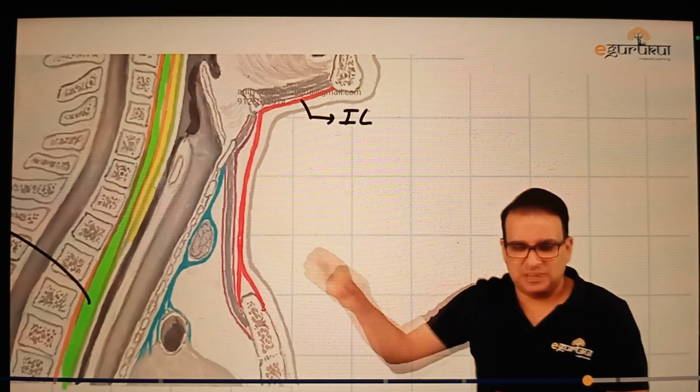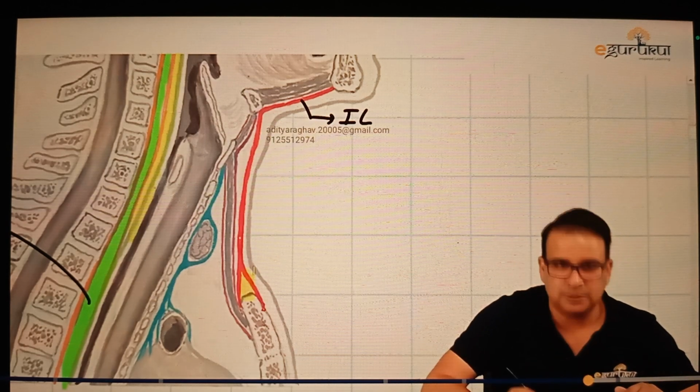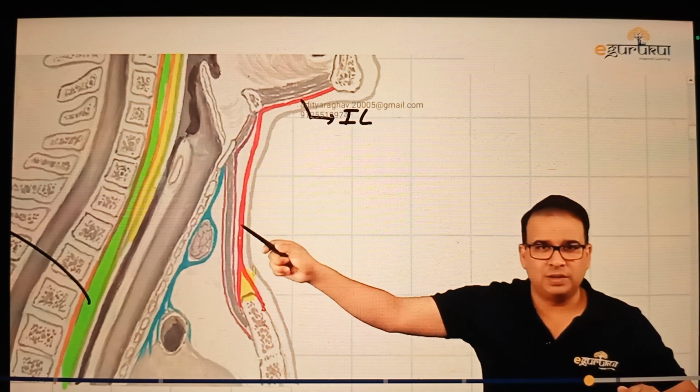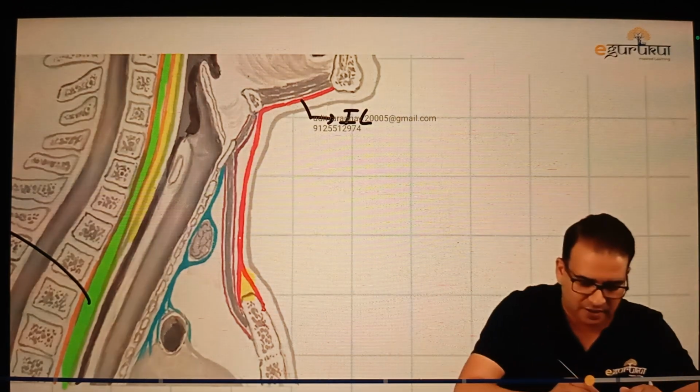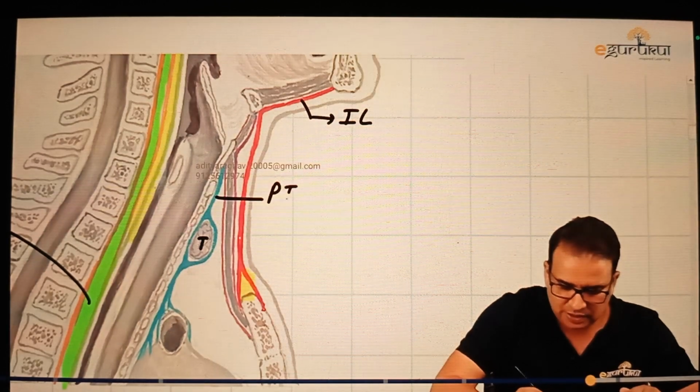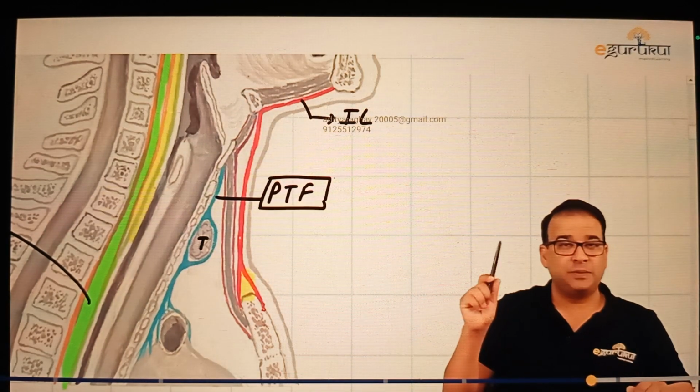So this is the investing layer, but at least you can see the investing layer above the manubrium is holding a space here, and that space was the suprasternal space. You go further backward, you can see another fascia coming downward here and enclosing a thyroid gland. This is a thyroid gland, and obviously this is a pretracheal fascia. And what we discussed for the pretracheal fascia, that it goes